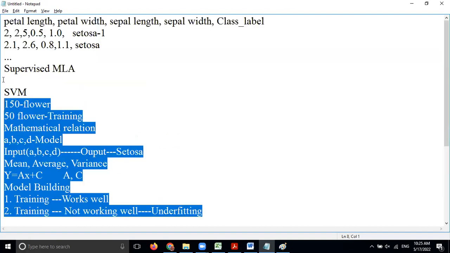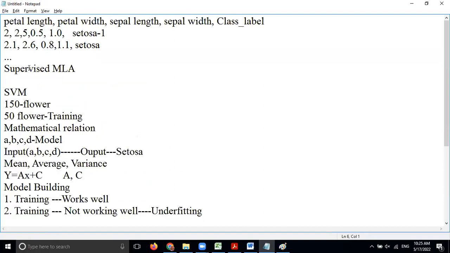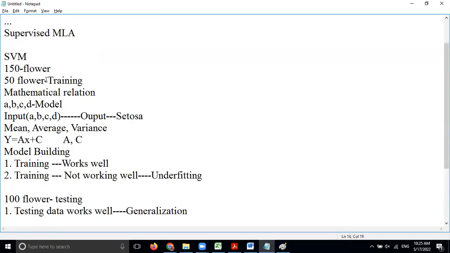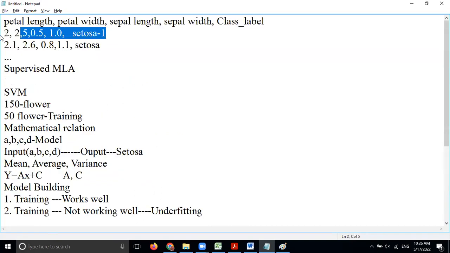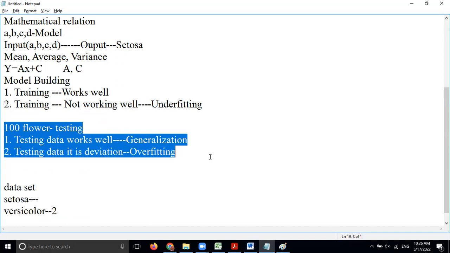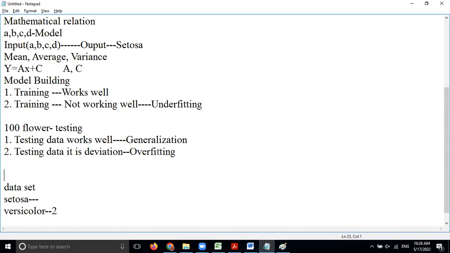Before starting with this, I wanted to make clear supervised learning. Supervised learning means that it will always be given labeled data. Labeled data means that along with the input, I am having output as well. Based on that, I will build or train my model, and then test it with the remaining testing data. Based on the percentage of accurate results, it will show how much accuracy my algorithm is giving. So this is regarding